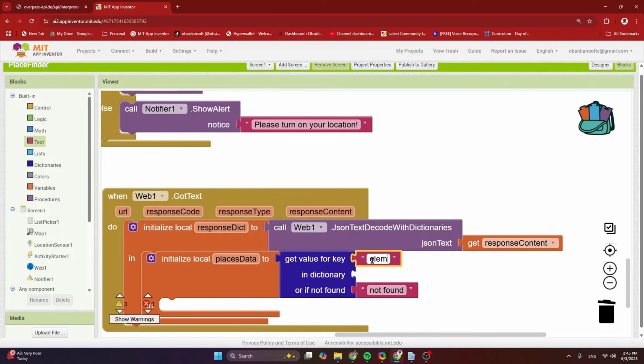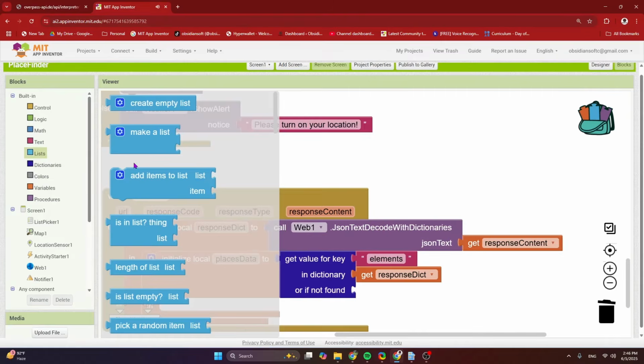So the spellings are super important. If I miss even the S from elements, then this code will not work. Okay, and what is the dictionary? This is our decoded dictionary, and because our places data is a list, if not found I should make it an empty list.